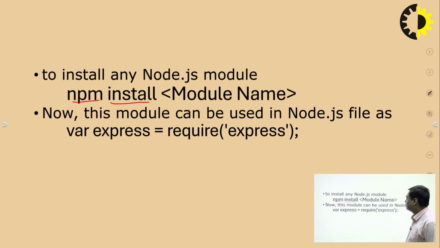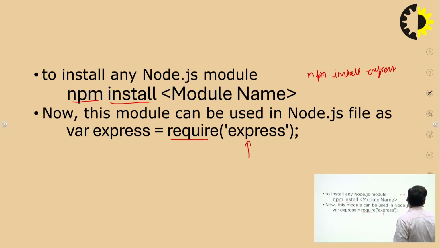Assume we have installed this express package and we want to use it in our program. Then we will use require and give the name of the package, express, which is already installed. So we write npm install